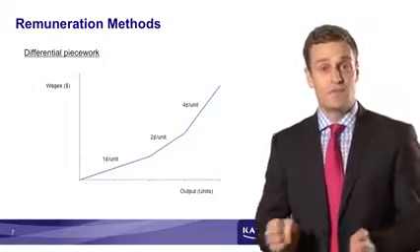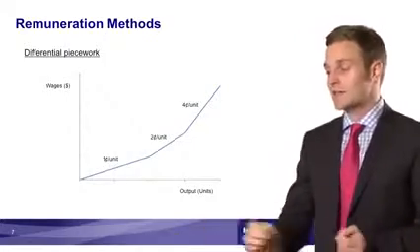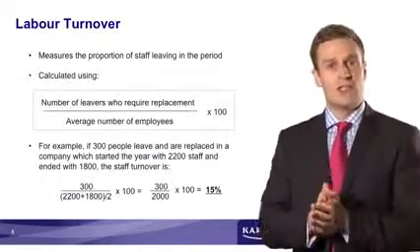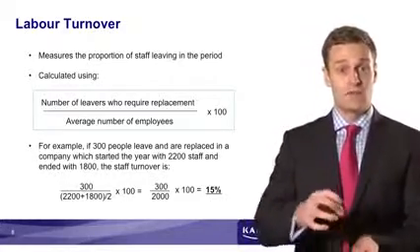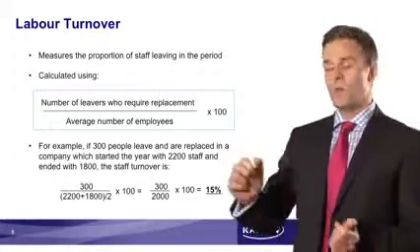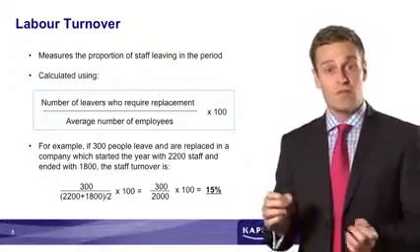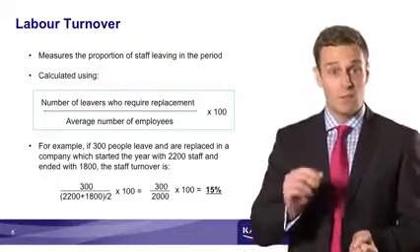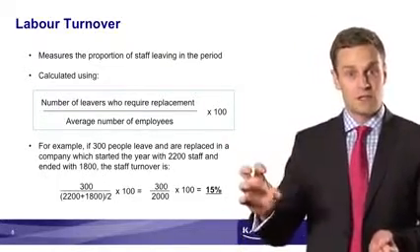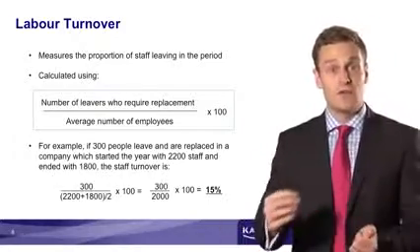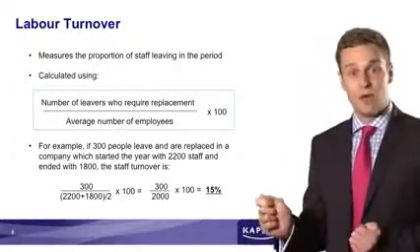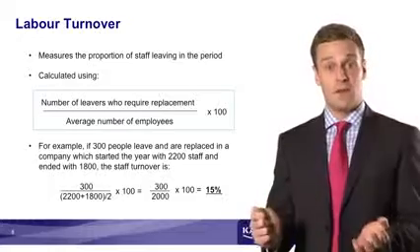So there are different ways of paying our staff. We're now going to look at labour turnover, which is how often our staff are turned over, how often they are getting replaced within our business. So the way to calculate this is to take the number of leavers in the period that require replacement. So if they've been made redundant and the staff numbers have been reduced, we don't need to consider them. It's only staff that require replacement,